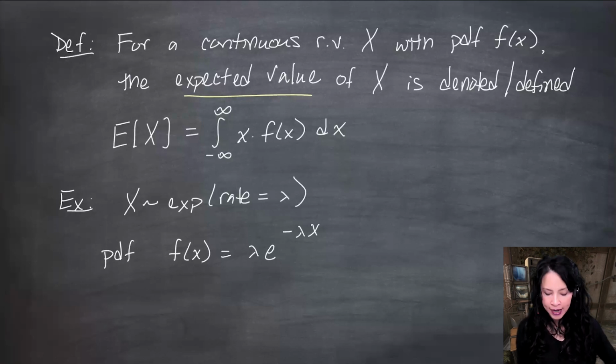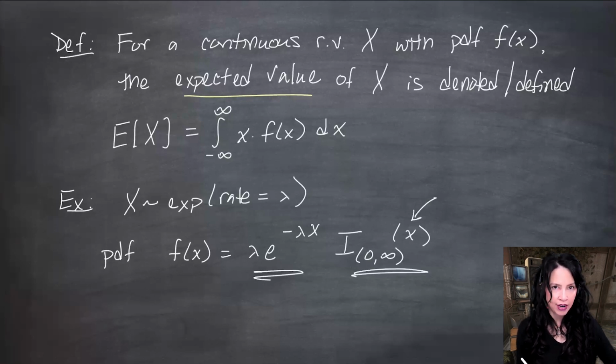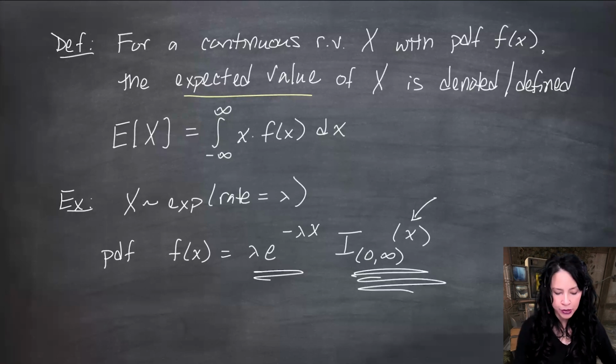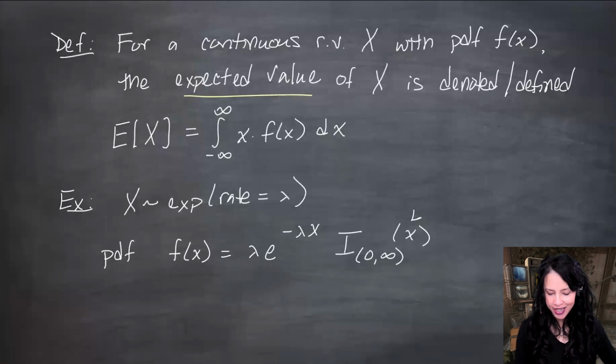And it's 0 otherwise. So I'm using this indicator notation where I put the interval from 0 to infinity here and an x. And this is a function of x. So when you plug in an x between 0 and infinity, this whole thing is 1. And you're just left with plugging your x into this part. But if I plug an x in that's, say, negative, then this thing is 0 and the whole thing zeroes out. That's our fun new indicator notation.